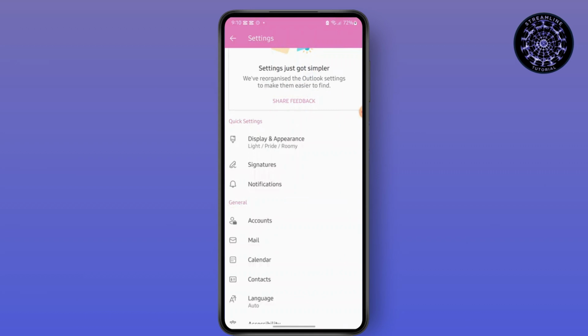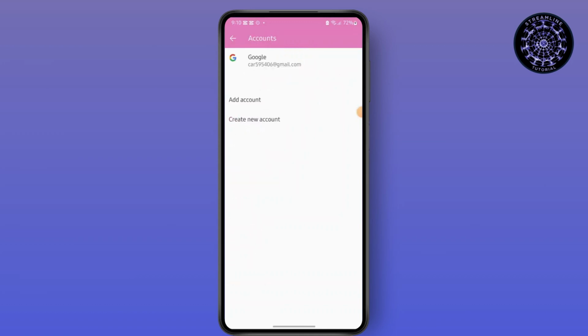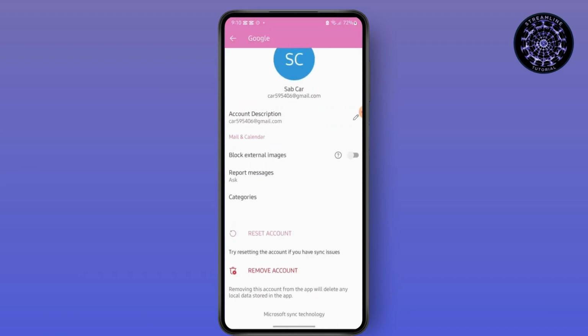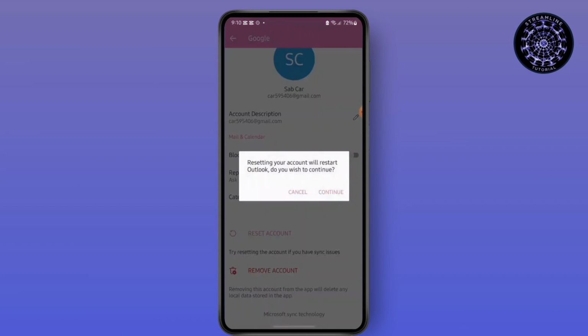Now, the process is very short and very simple. All you have to do is go to accounts and then select your account or the email which you want to sign out from. And there you go. You will see an option of remove account and then simply select it, or you can also reset your account. Resetting your account will restart Outlook and then remove all your